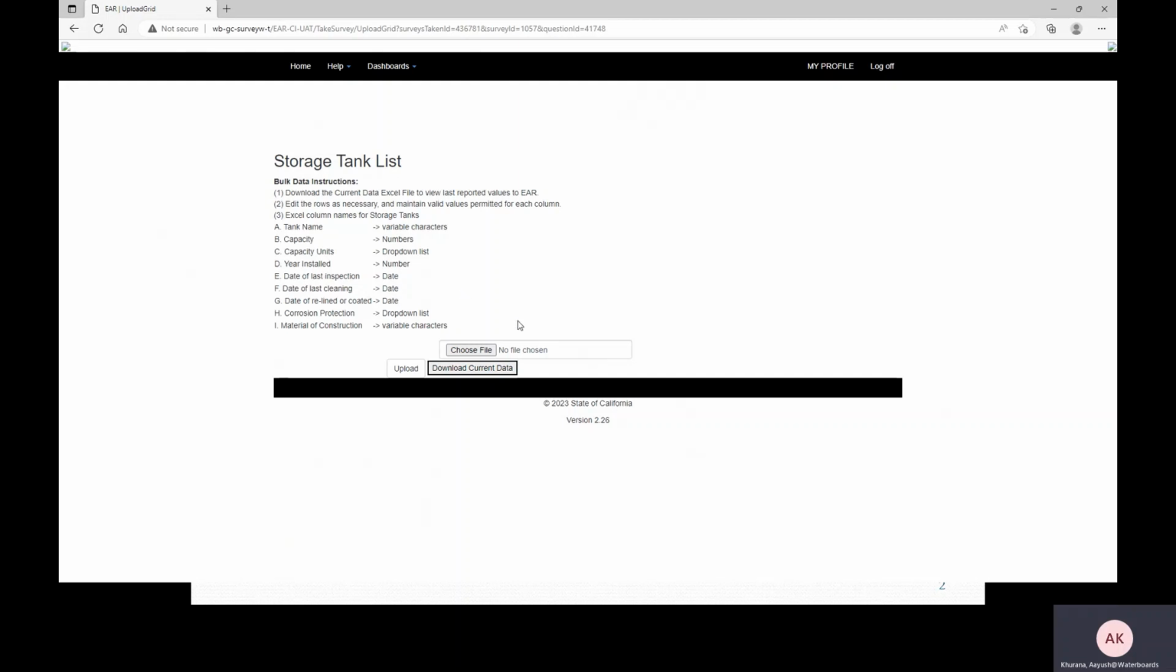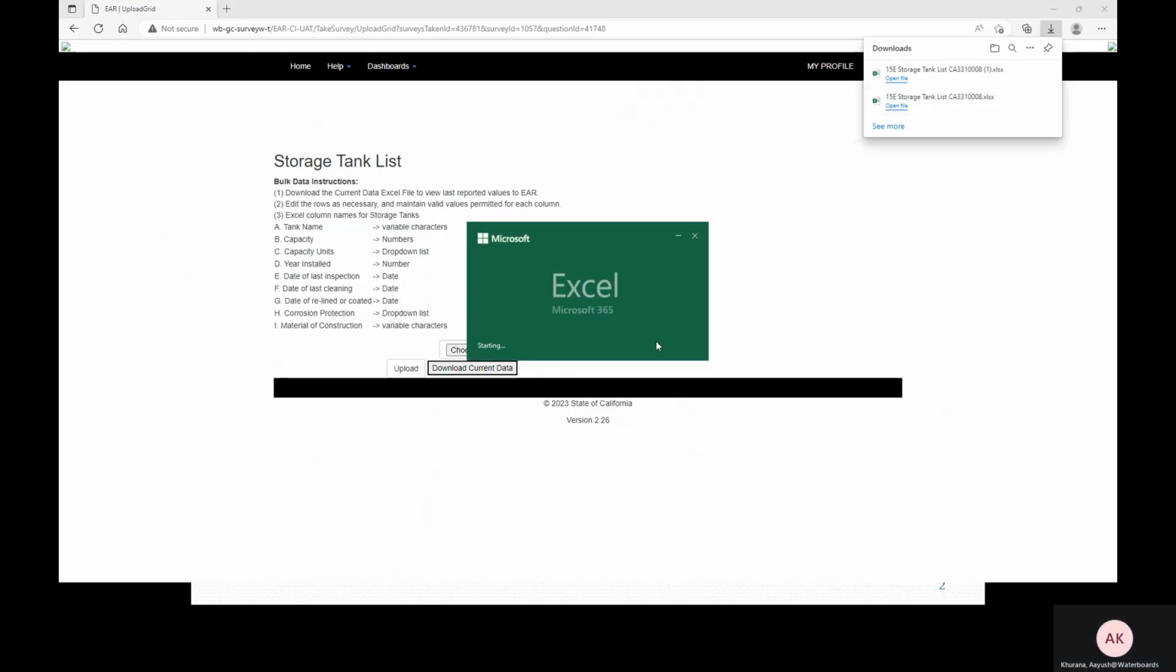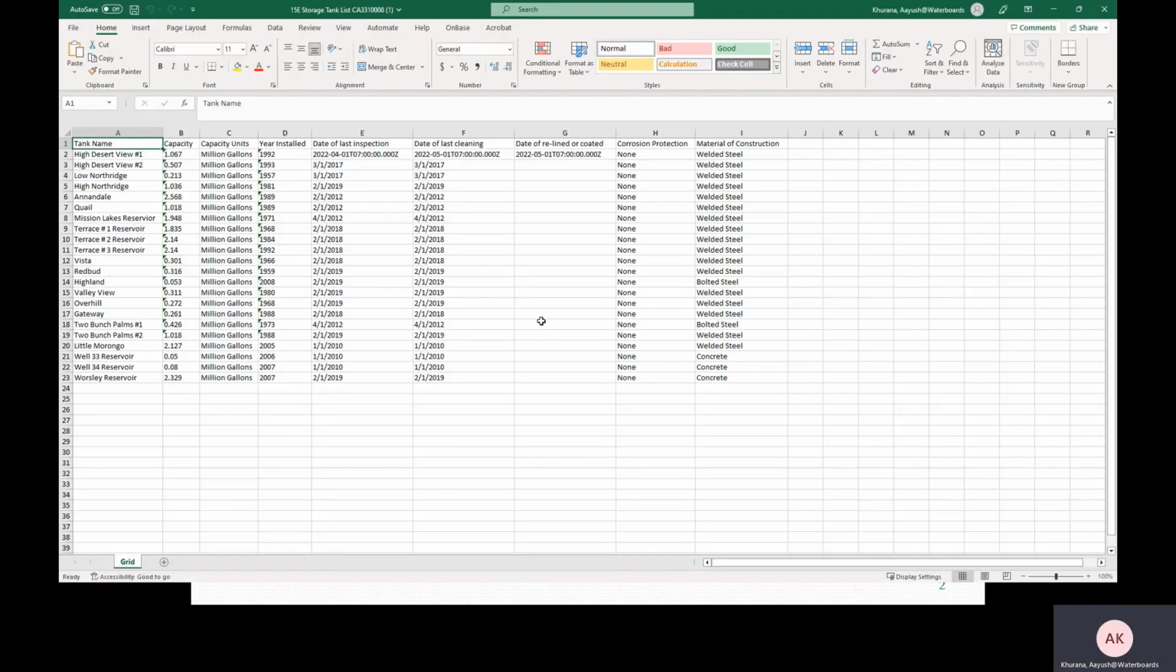However, first, what you need to do is download current data. This downloads an Excel file of all the data that's currently in the table. So we're going to open that, and as you can see, it opens quickly. This is all the storage tank data that was entered in the 2021 eAR. You can manually update these fields in Excel, and it might be quicker, and then upload it back into the eAR. So here, as an example, I'm going to say these Terrace